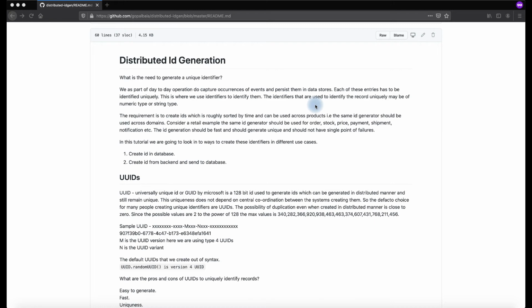And finally the records get persisted either in blob storage, block storage, document storage, or tabular format, whatever the data source may be. Document storage would be Mongo or Couchbase. It can be columnar storage, which is Cassandra. It can be relational databases where we persist records in terms of tables. So these are the places where we can save. So what are the possibilities of generating IDs in each of the storages that we mentioned? We need to look into that.